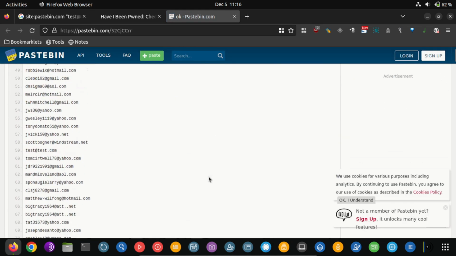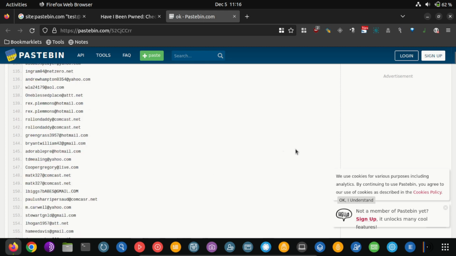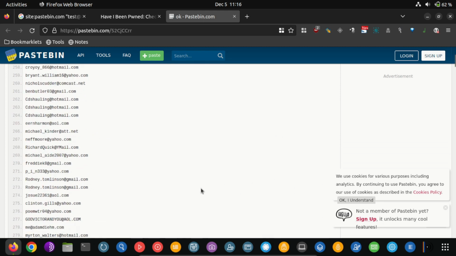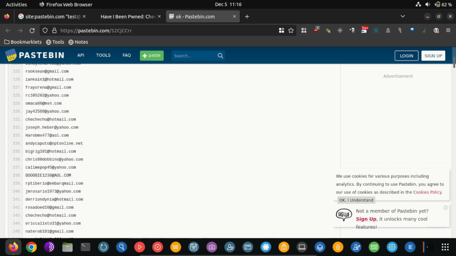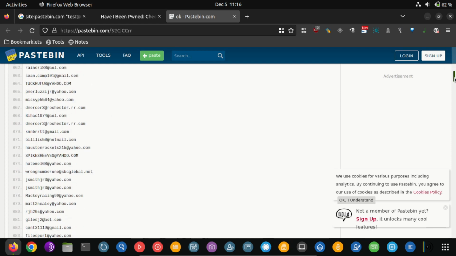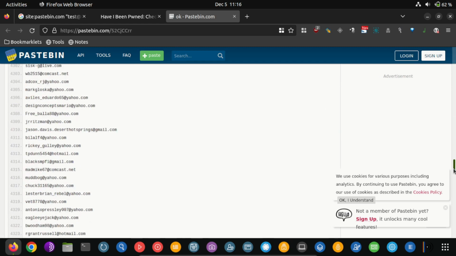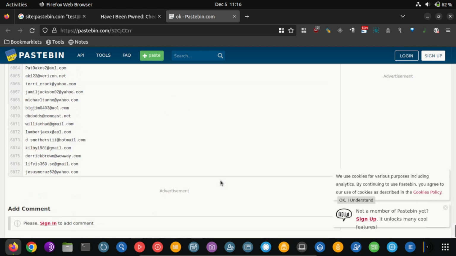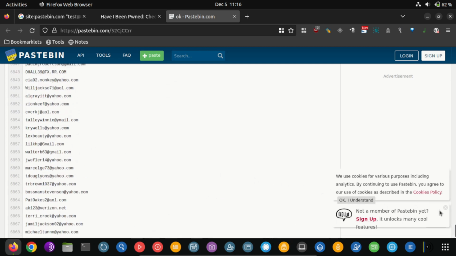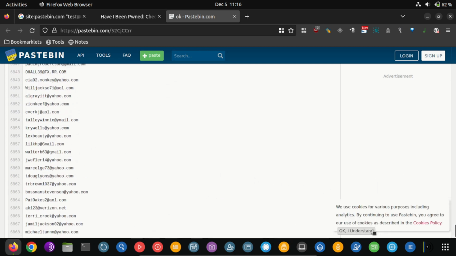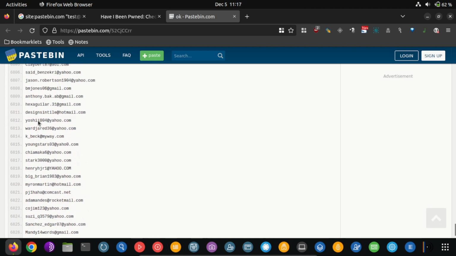And here we go. Here's the Pastebin list of everything. Now, it only has emails, if you see. If I go through and just go, it's just emails. However, that's still fine depending on your use case. If you're just looking for yourself to see if you're breached, or let's say again you're doing executive protection, you're running through their emails to see if they've been breached. Once you find that out,